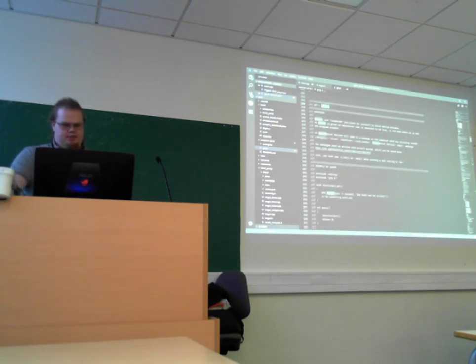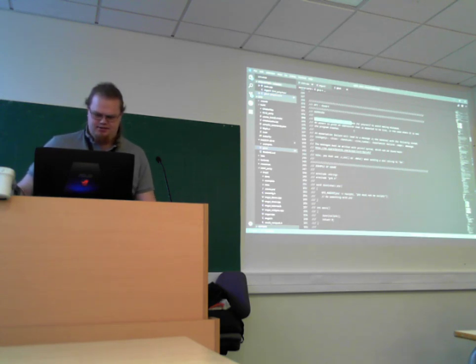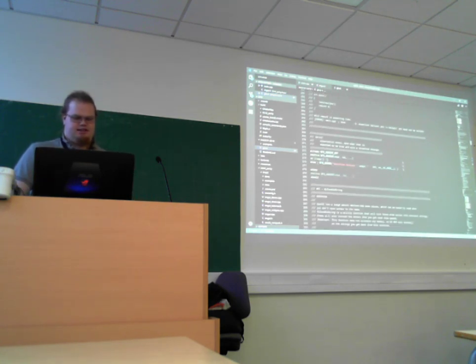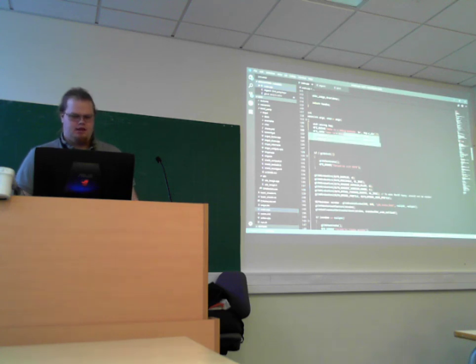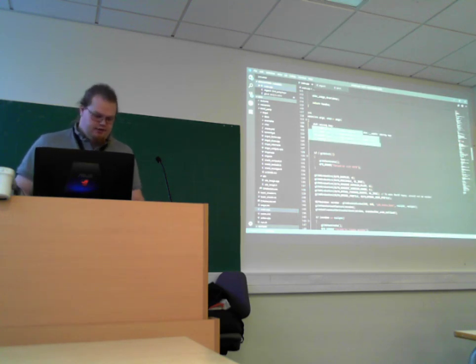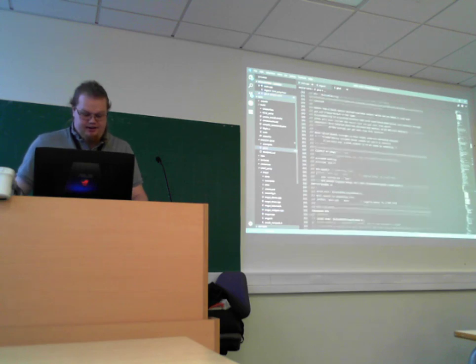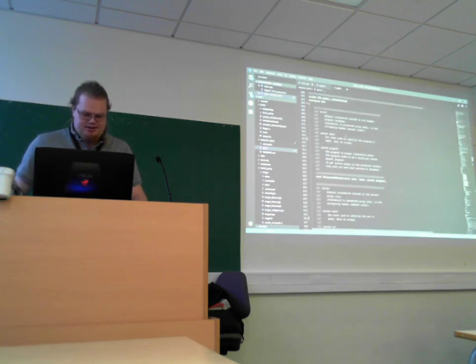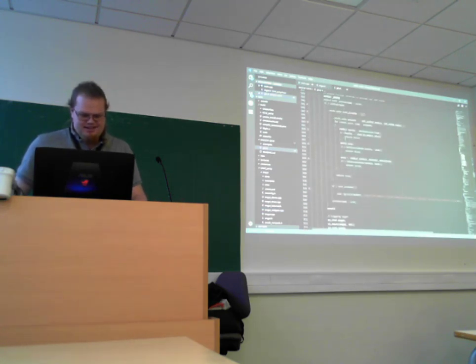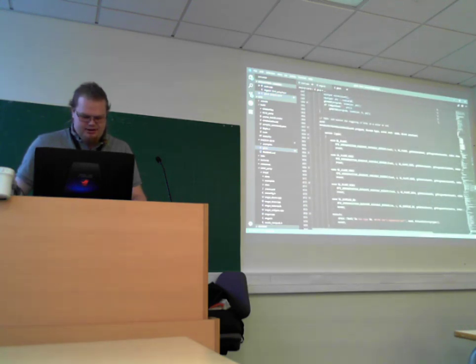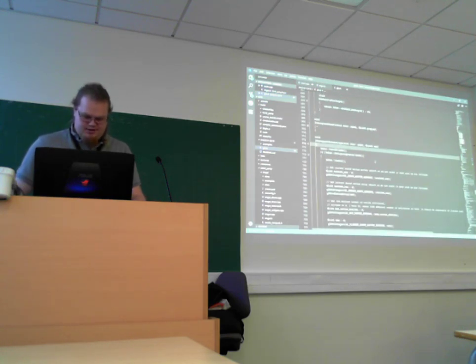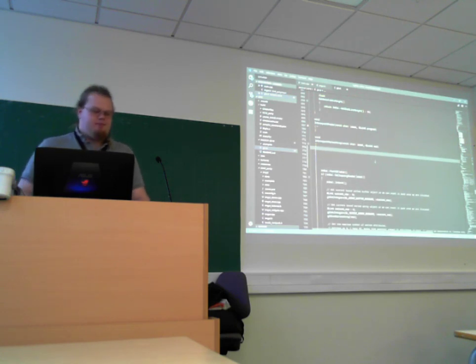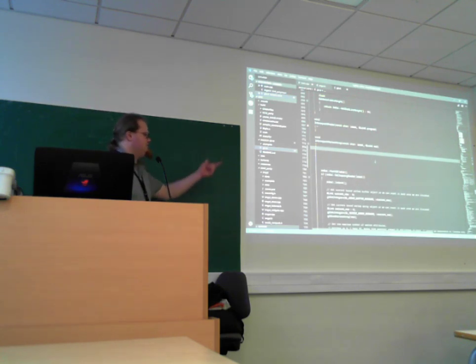As I write here in the documentation, asserts are landmines that you place for yourself to avoid making mistakes. And they are, asserts are really great. So what an assert essentially is: let's say I have a function, or let's take one of the functions I have here. Let's assume that you guys don't read the documentation, because if you go down into this part here, not that part, this part. Does anyone see any problem with this code, with this function?